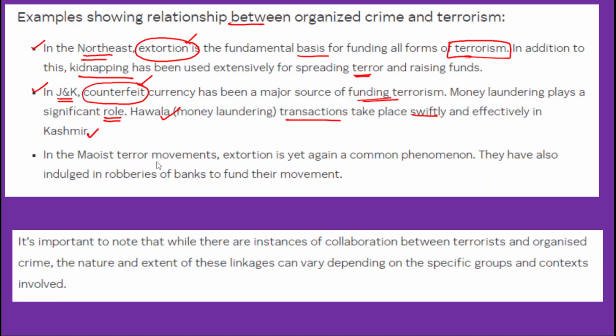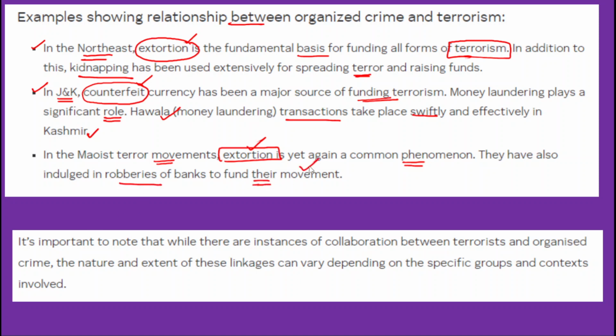After that, the Maoist terror movements in the left-wing extremism belts in central India also usually finance their activities through extortion and even drug trafficking. Okay, or drug trade, and it is a very common phenomenon in these left-wing extremism belts. They have also indulged in bank robberies to fund their